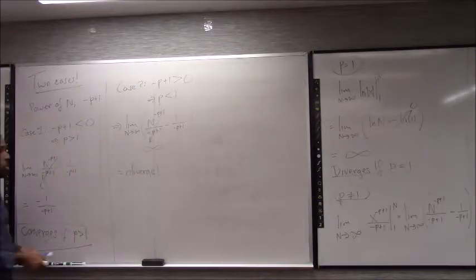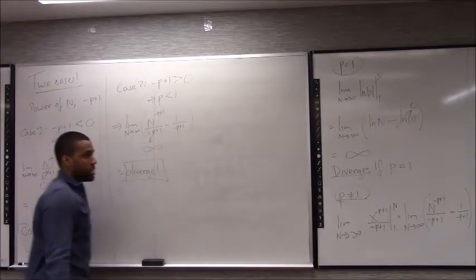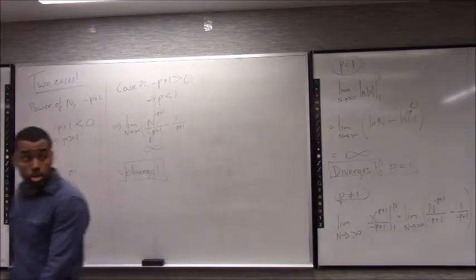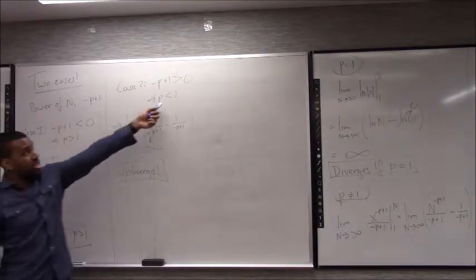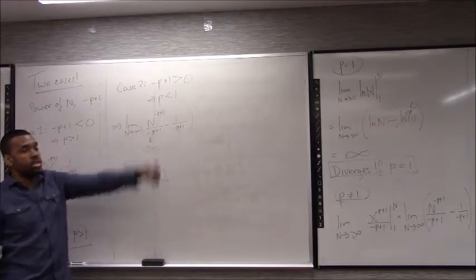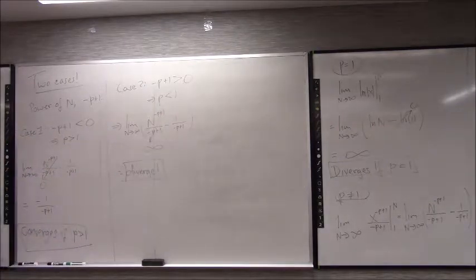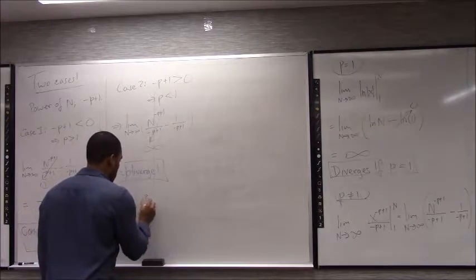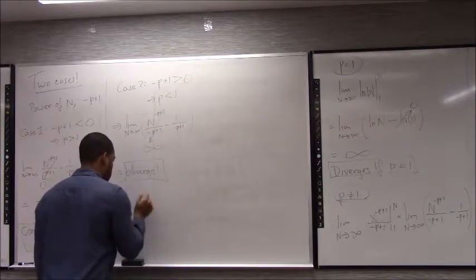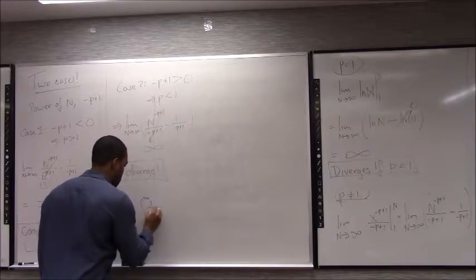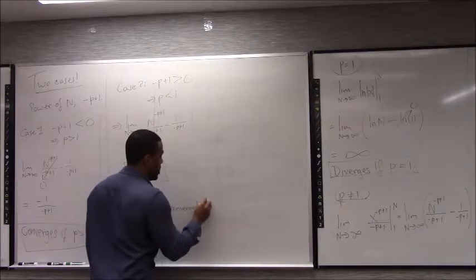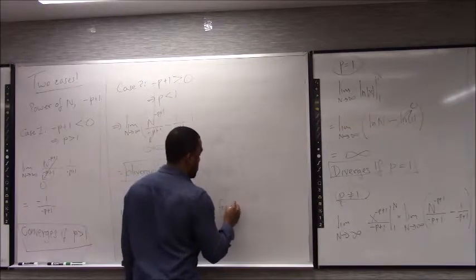So we end up with the following 3 cases. It diverges if my p is equal to 1, because that gives me an ln and that goes off to infinity. It diverges if my p is less than 1 because I'm getting infinity to a positive power. This is the only time where it will actually give us a meaningful answer, if my p is greater than 1. So this integral converges only for p greater than 1.